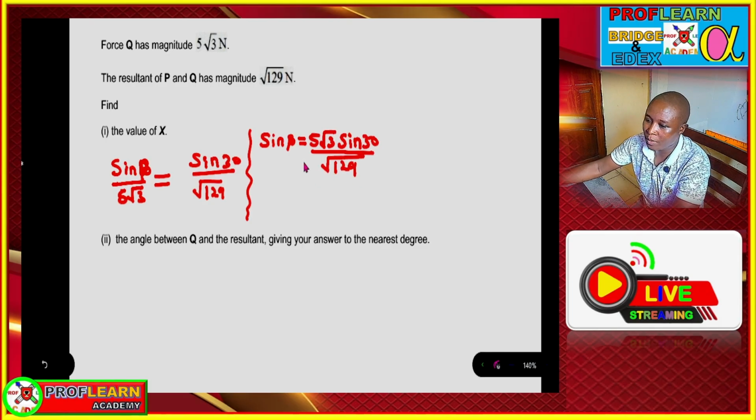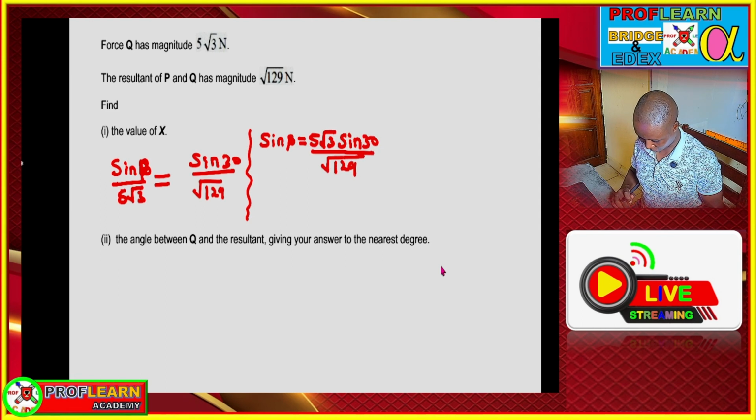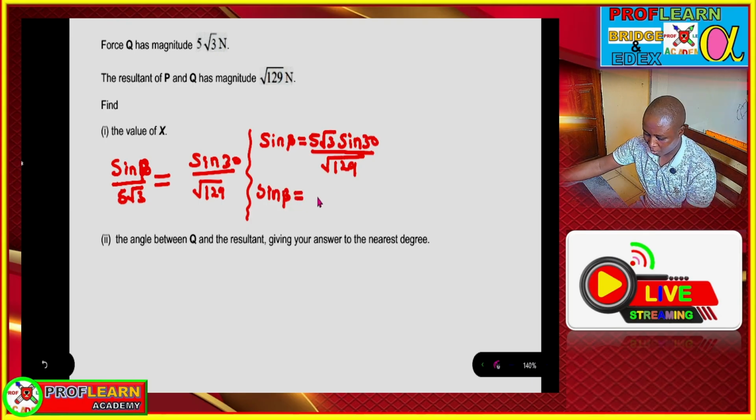If we put this in the calculator first, in order to reduce that, we say this is 5 root 3, root 129, sine 30, which translates to sine beta being what? It is going to be